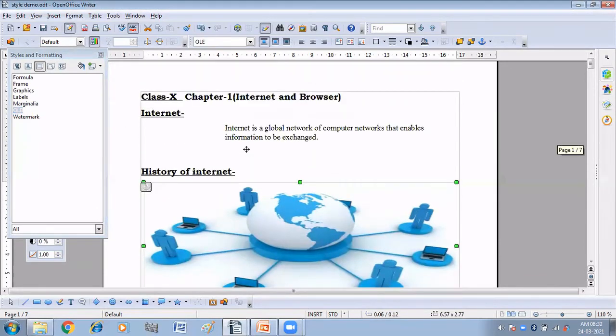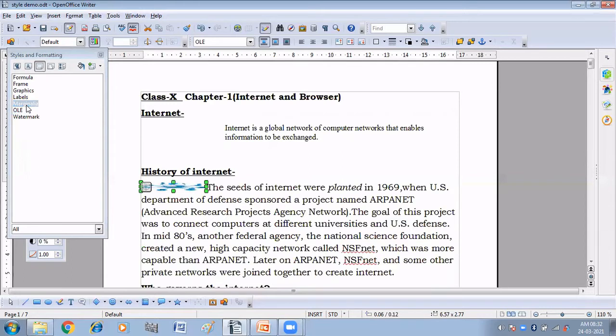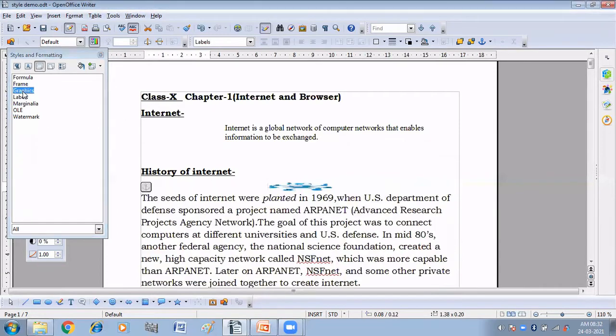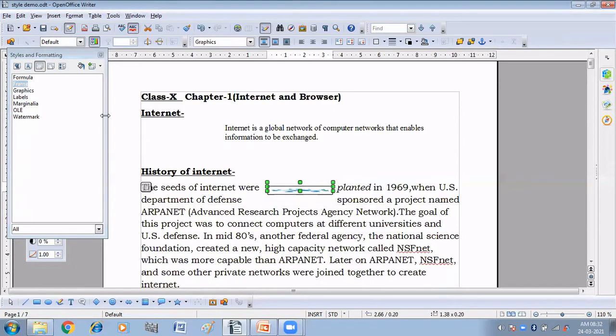So in this way, see, you can see the format of the picture is changing, right? The style of the picture is changing. So we can apply frame style on the picture, right? Then next we have page style. Okay, the frame styles are used to format graphic and text frames, including wrapping types, borders, backgrounds, and columns.